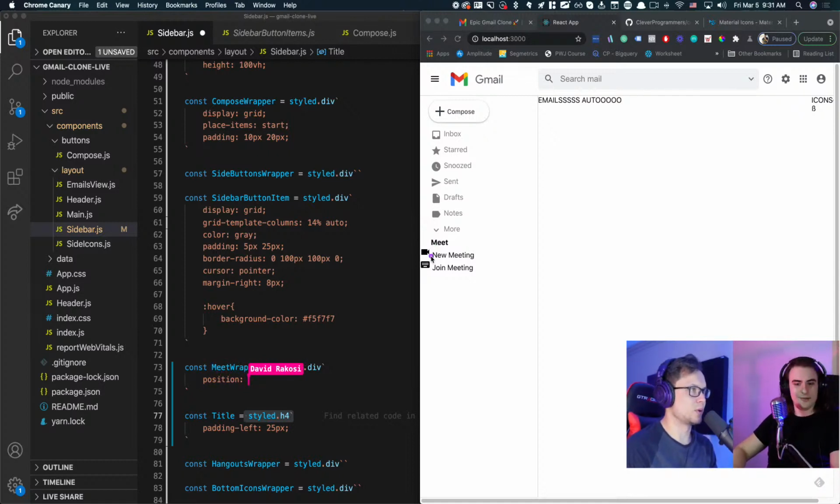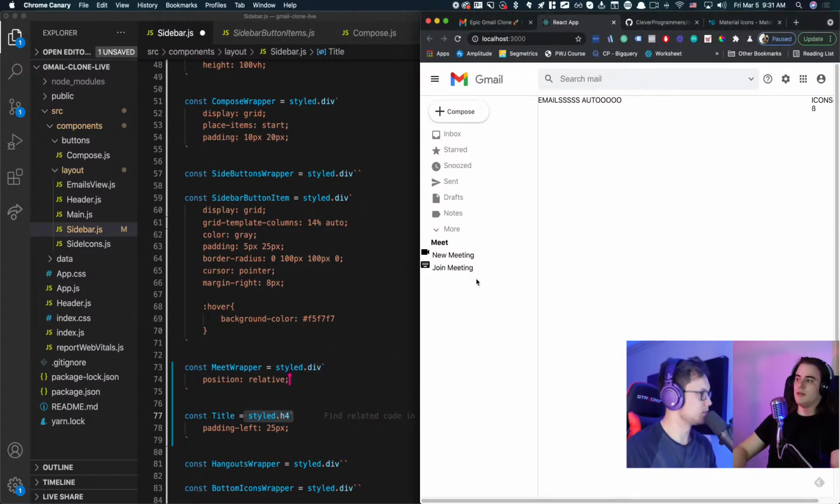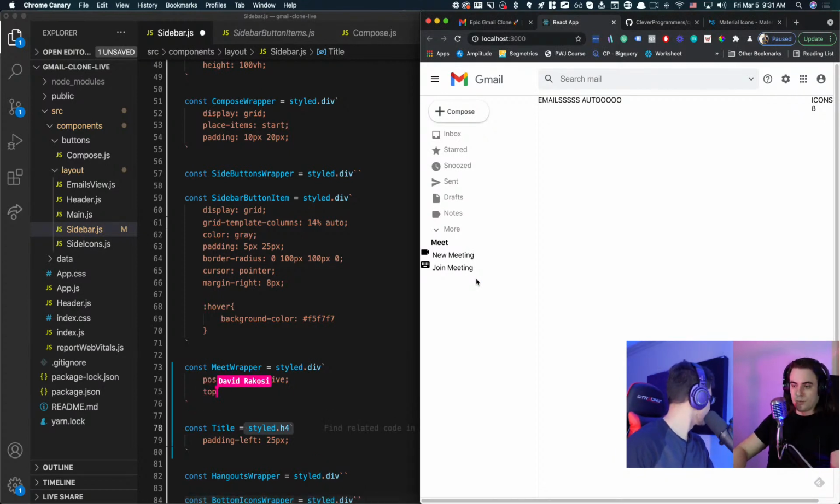Beautiful. And you can see here, guys, that right here, this is the meet wrapper. What we're going to do is make that position relative. Okay, and then what's going to happen then, David? Exactly. Then what we will do is we will say leave a 300 pixel